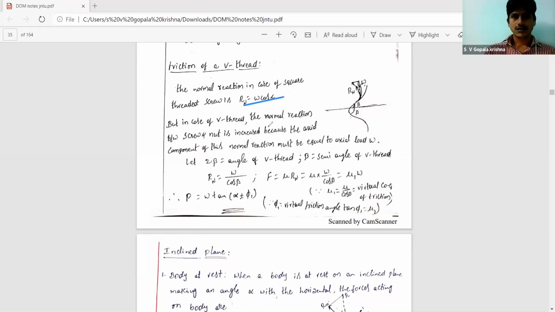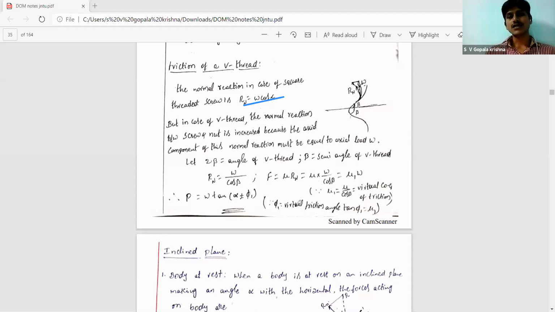So Rn, from the triangle of Rn and W, beta is there. So when you take cos beta equals W by Rn. Why? Because when they are considering this triangle, they may also take the adjacent side. So that adjacent side, when considered here, cos beta equals W by Rn. But Rn equals W by cos beta. So here Rn is already known, that is, Rn is W by cos beta.